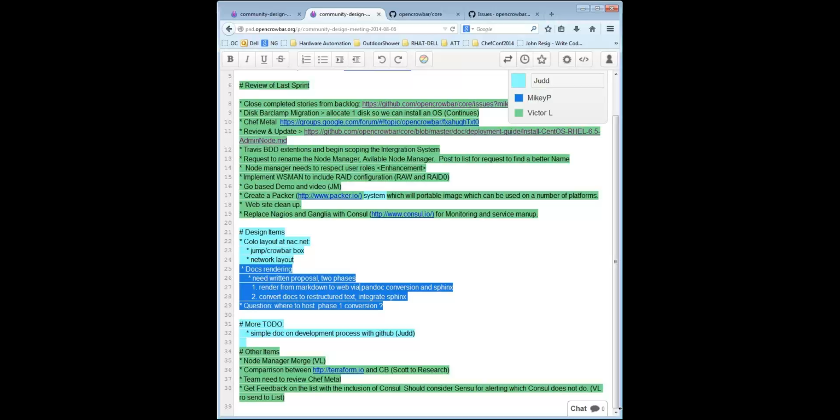Whereas if I do the conversion on something like Ubuntu or Fedora, it'll be pretty easy to bring up the latest tools. So do we want to host that phase one conversion, which will probably only be in place for about a month, on the CI infrastructure, or do you just want me to run it on a server somewhere to build a website for a few weeks till I finish getting through to phase two?